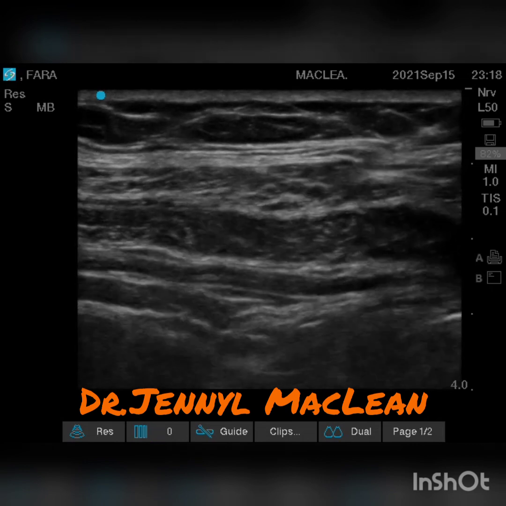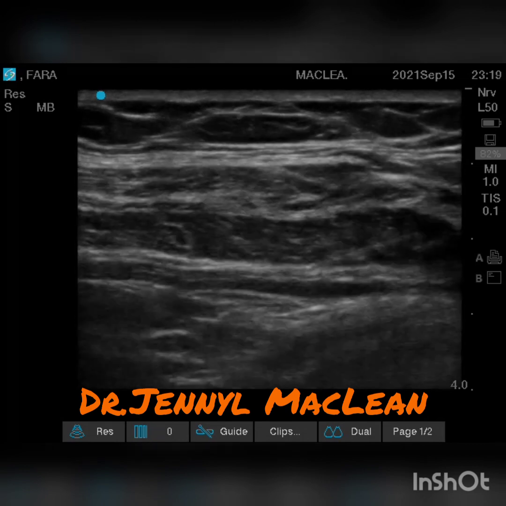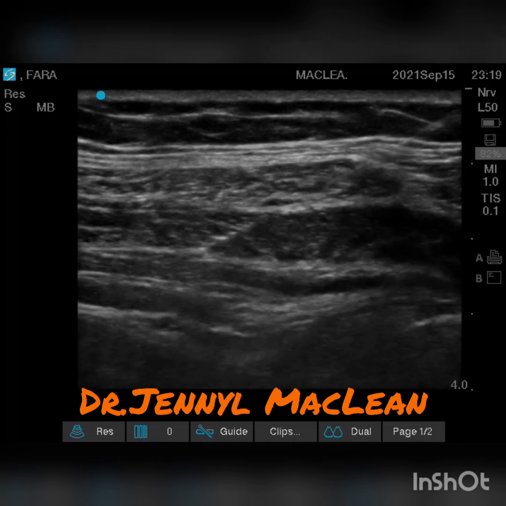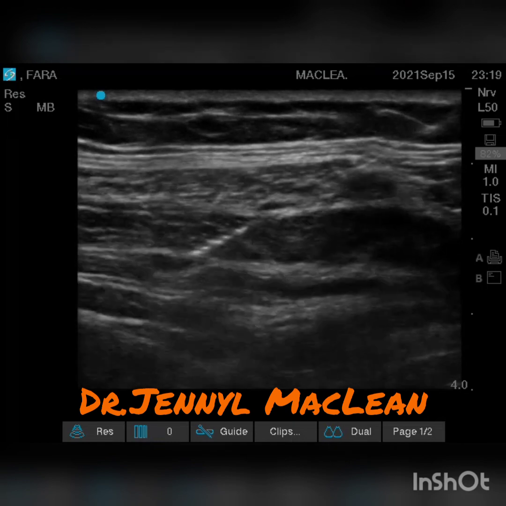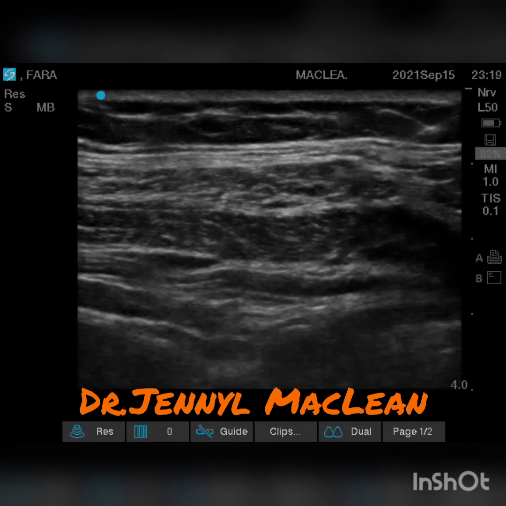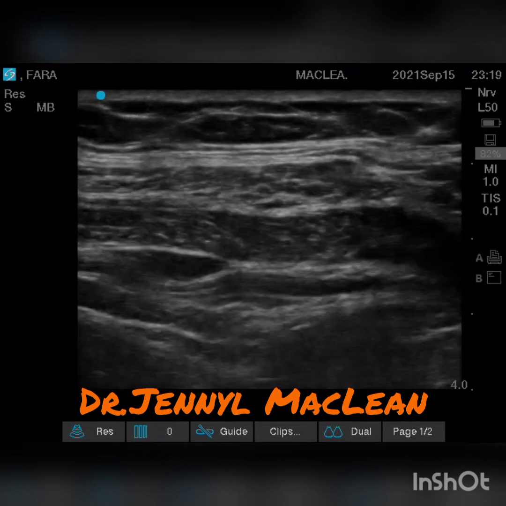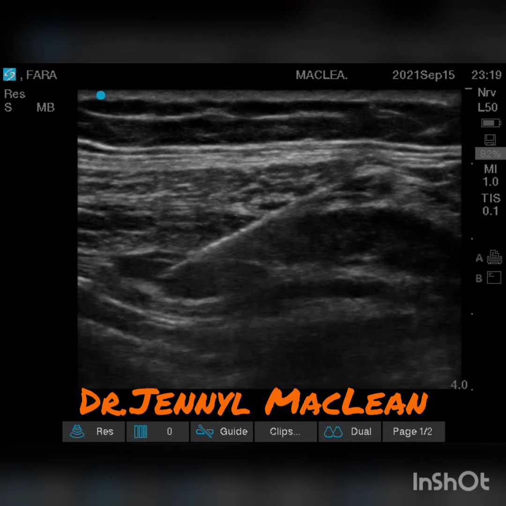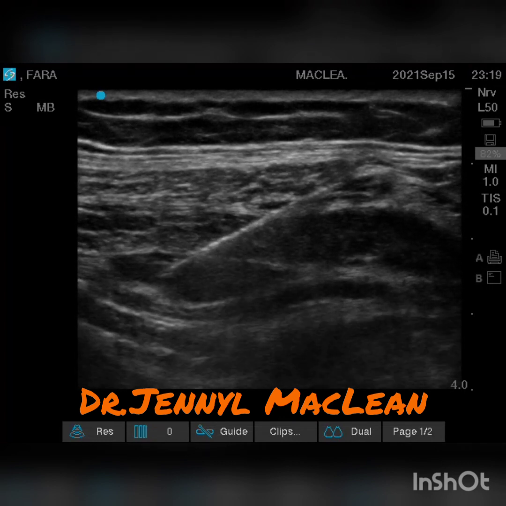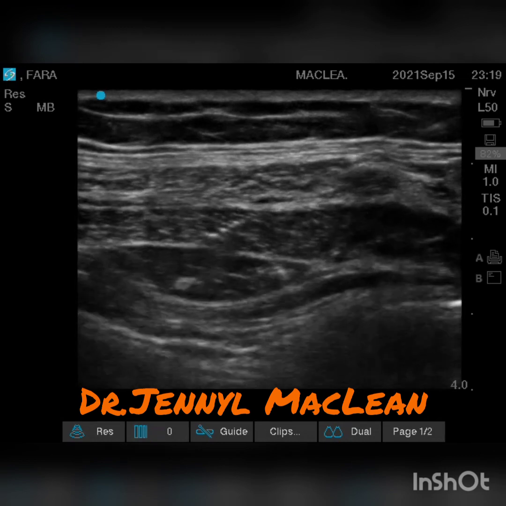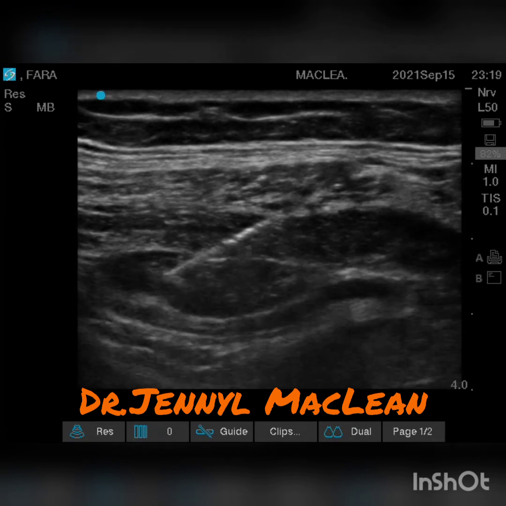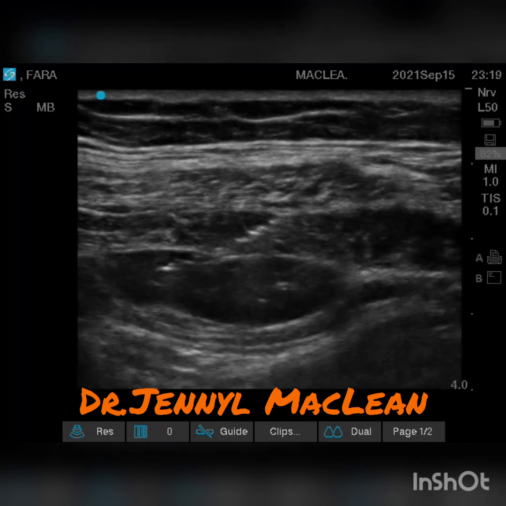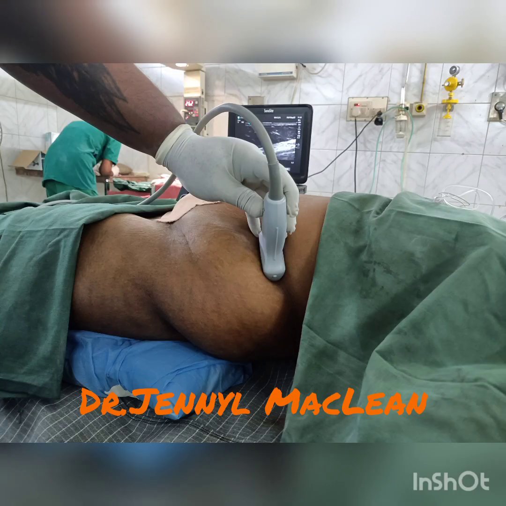If you don't see the needle, don't give local anesthetic. Just get a needle in point, then give further 2 aliquots, 2 ml of local anesthetic. You are seeing the linear spread. Then you give 5 ml of local anesthetic. Then you can give the further 20 ml of 0.2% ropivacaine or 0.25% bupivacaine with adjuvants like dexamethasone.